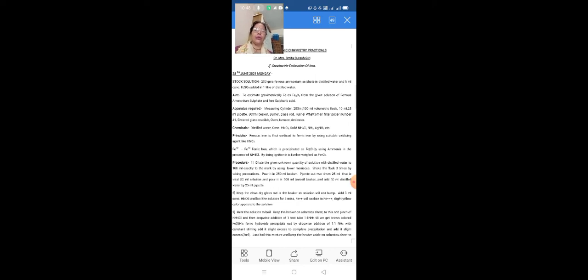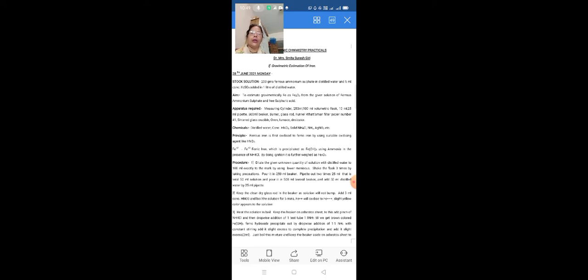Now heat this solution to boil. For heating, keep the beaker on an asbestos sheet. To this add a pinch of ammonium chloride. Remember, I said a pinch of ammonium chloride, because we have only a little solution in the flask. If we added 1 gram of NH4Cl, there would be a common ion effect, and chloride would be added more and more. That much is sufficient as a precipitating reagent.